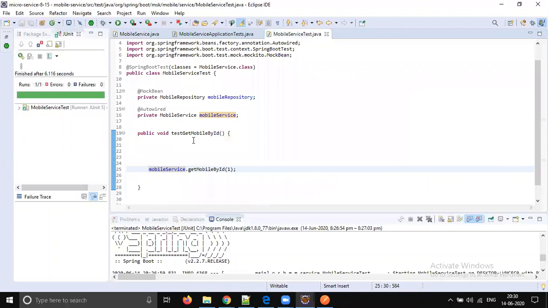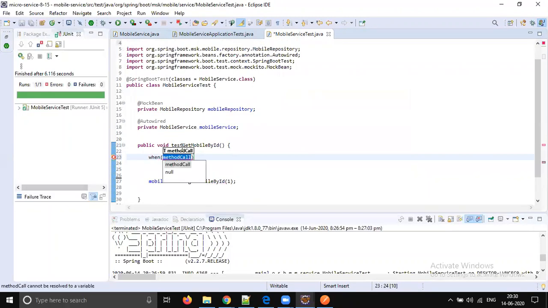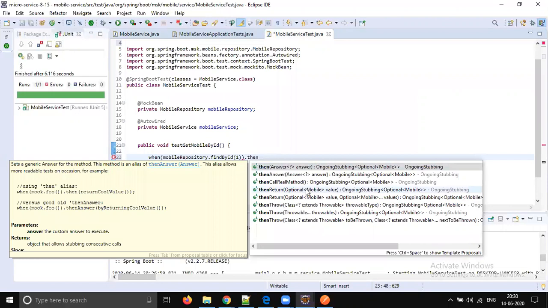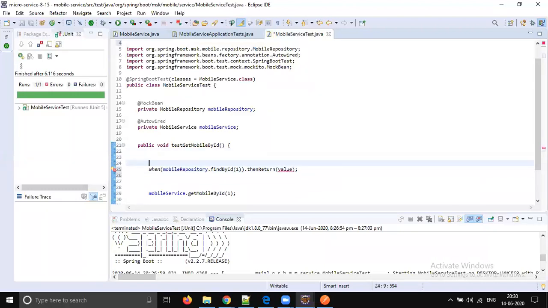You should use when, which is from Mockito: when someone calls mobileRepository dot findById and passes some number like 1, then return. What should we return? We should return some object, so we should return some Optional object. So let's return Optional.